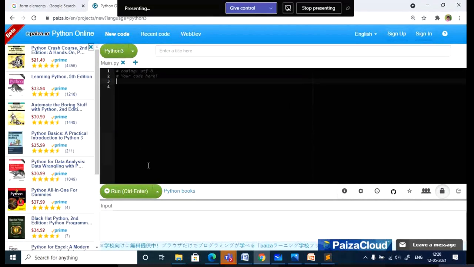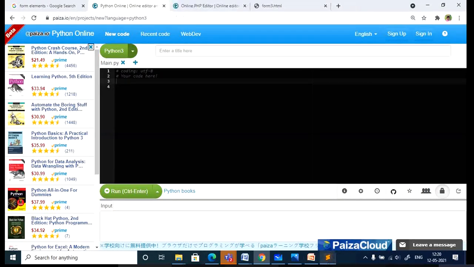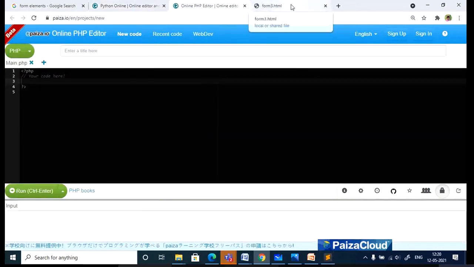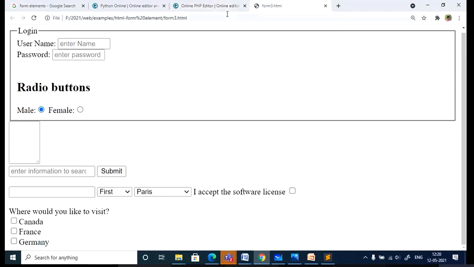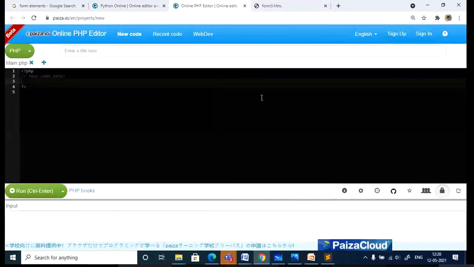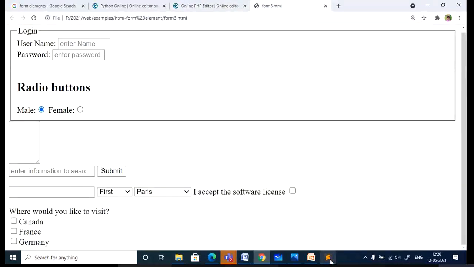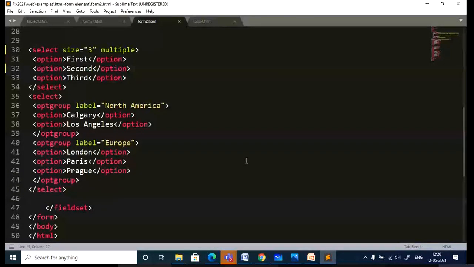So the thing is, if you don't have enough space in your system or if it is not supporting, you can just go for the online editor. So for HTML, you have so many editors, you can just use it. But my suggestion is you can just install the very lightweight application Sublime. Or if you are comfortable with other editors, you can just download whichever editor you want. So let me go to this code.